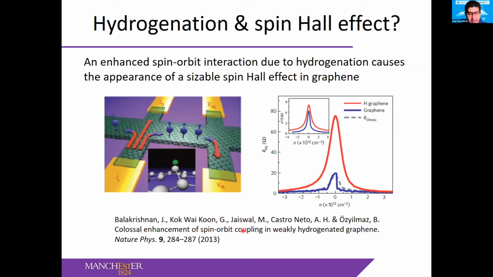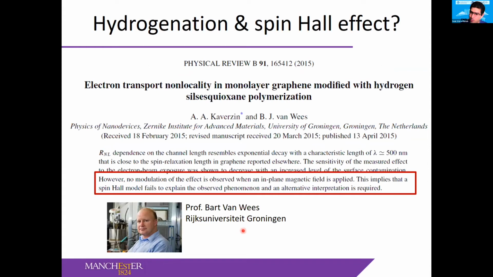Again, this is where we hit a bottleneck a couple of years later, because we thought that things were clear and that this would be just the way to do spintronics in graphene. And then the group of Van Wees based in Groningen applied the same method, got similar large non-locality, but with further tests applying magnetic fields and looking for spin precession in the response, they concluded that whatever the source of that non-locality, it was not spin transport. So this is where we are in the area of atomic scale defects and really confirming that we can create on-demand pure spin currents. The answer is that this is under debate and work is still going on,